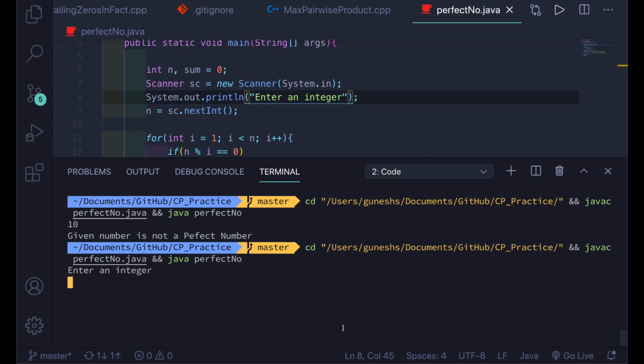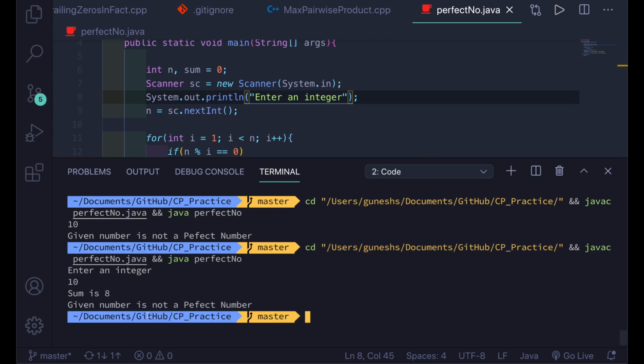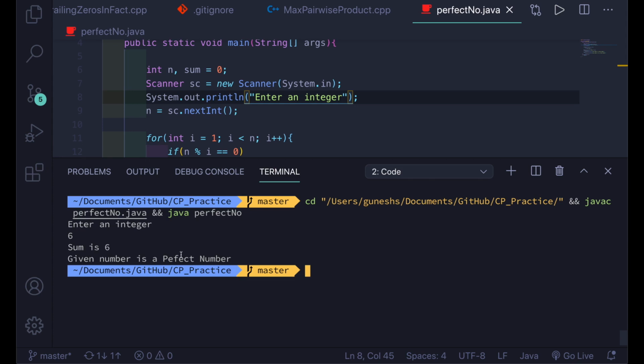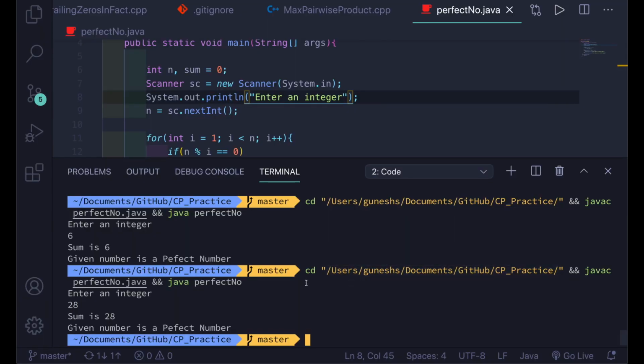Then we will give 10. For 10 it is giving sum is 8 and the given number is not a perfect number. In the same way, it will check for, suppose, 6: sum is 6, and the given number is a perfect number. The same way we can go ahead for 28, it will say the given number is a perfect number and sum is 28. So this is how we can verify